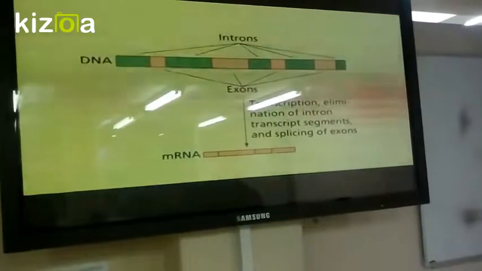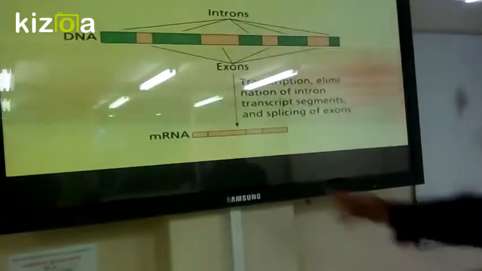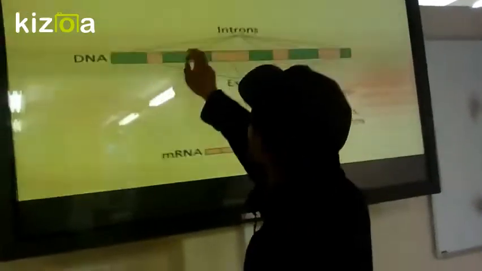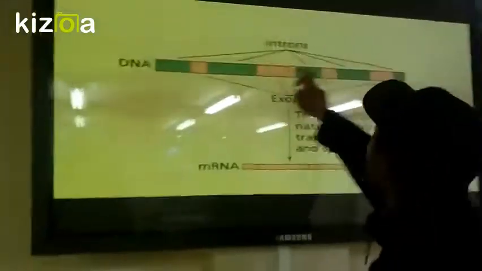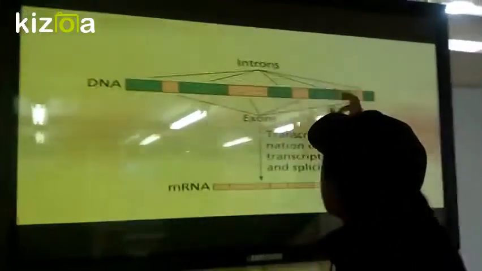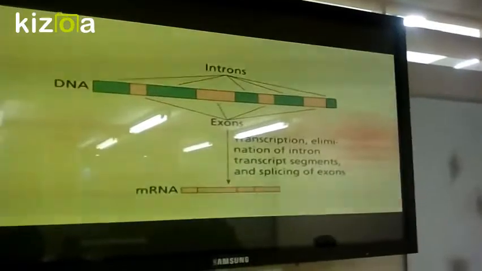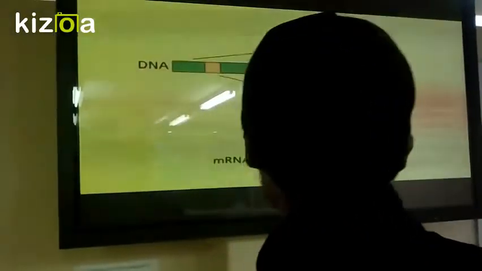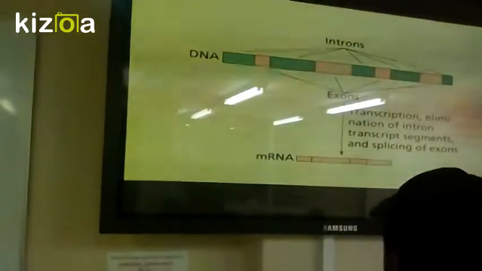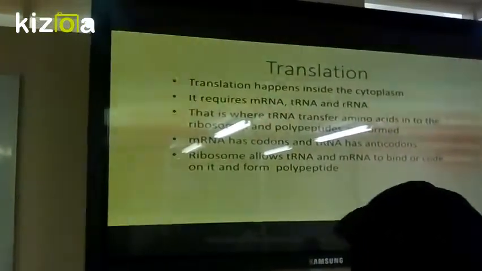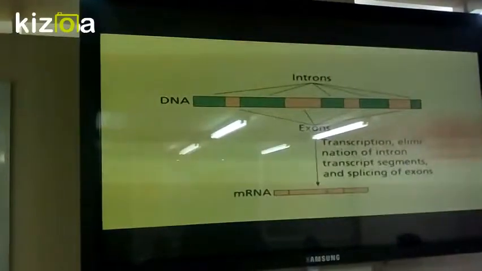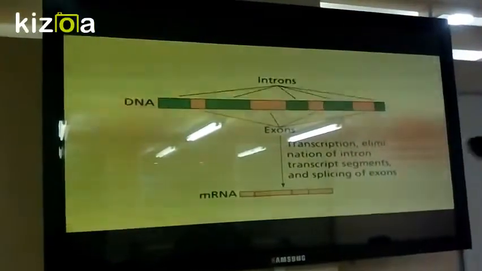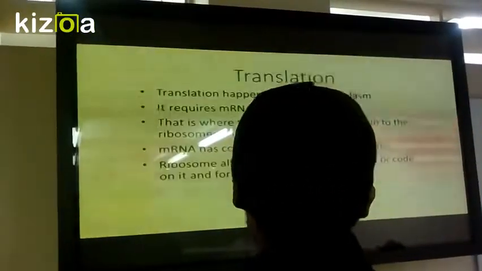And then you see the exons and the introns that I was talking about. Look here. These are the introns. These things have to go away, and these ones code for protein, so they remain in the mRNA, you see? So now our mRNA is fine now with exons. Okay, so now it can actually go outside the nucleus into the cytoplasm.